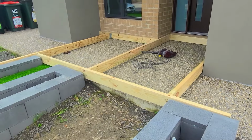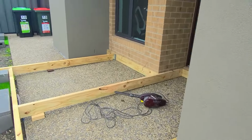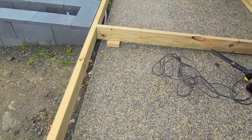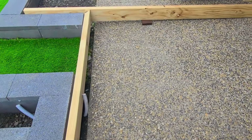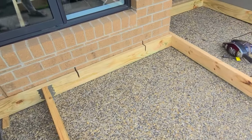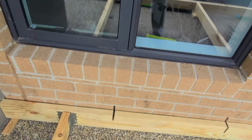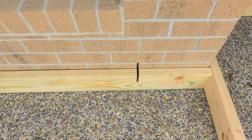So let's start. Today is 11th of July. Yesterday I did this part, so I just built the initial main frame and I adjust the level. As you can see, there is small wood chips. I will replace them with proper solution. So it's just like a temporary solution. So I just added also these cuts to accommodate the weep holes,